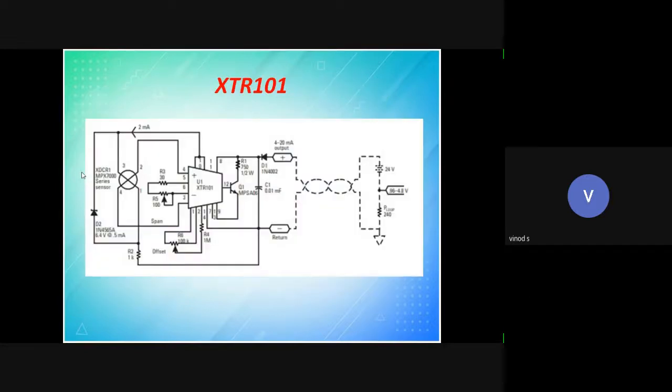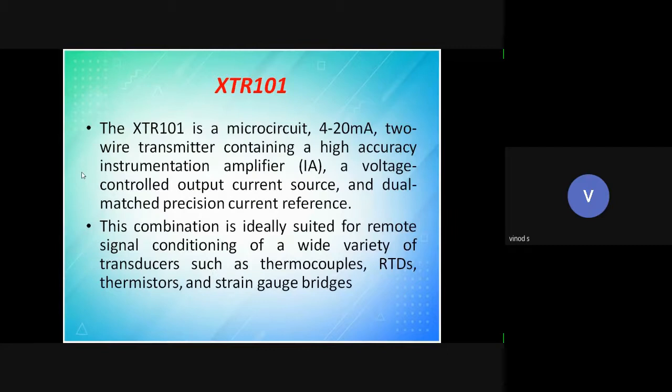Okay, so I will give an example. XTR101, that is a signal transmitter IC. You can sense and amplify, everything is built into this single IC. That IC has an inbuilt sensor, an inbuilt operational amplifier, and then the transmitter. Just take the output, give it through a wire and transmit. That is what is required here.